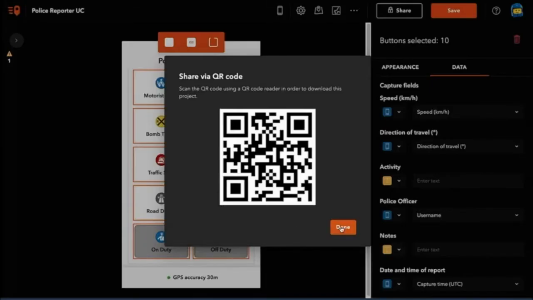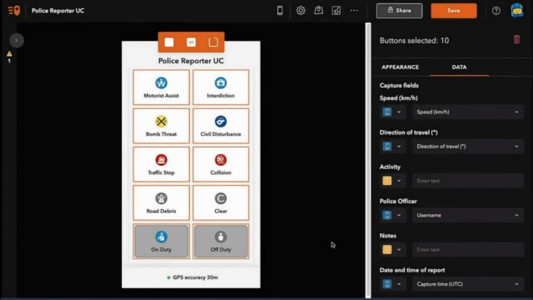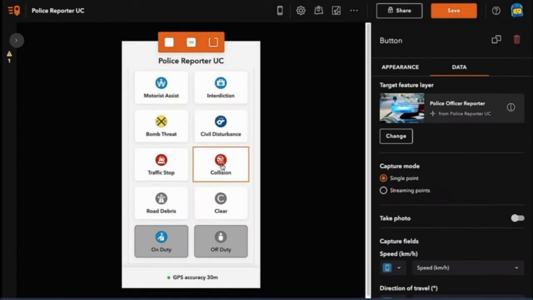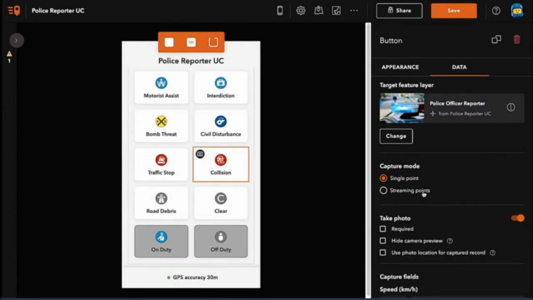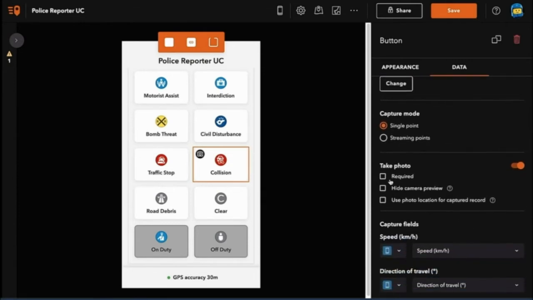Back to the designer, I'll make a further modification and just show you how we can update projects. So for the collision button, it may make sense to allow the officer to take a photo. So we can enable photos and set whether or not the photo is required or optional. In this case, we'll make it required so that the officer has to take a photo. We can optionally hide the camera preview if you don't want the user to be able to see the viewfinder